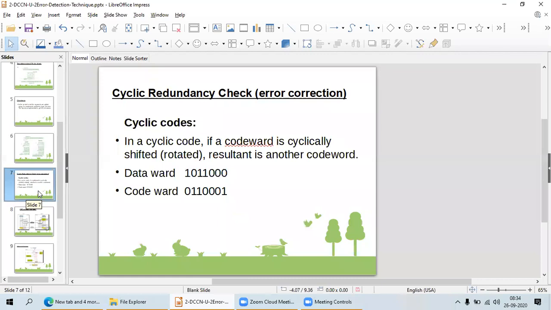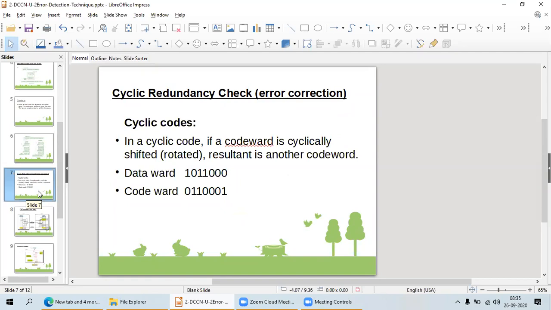Cyclic code. Here, cyclic code is a simple thing. First, what is meant by cyclic code? In cyclic redundancy check, I'm going to explain cyclic codes. First, cyclically shifted, rotated words. Whenever my data word is 10110000, I will shift that particular data.